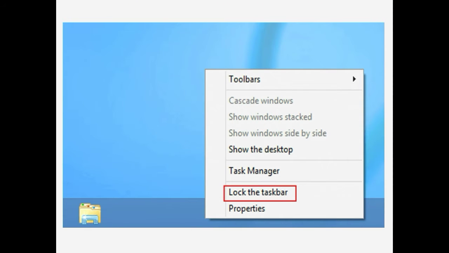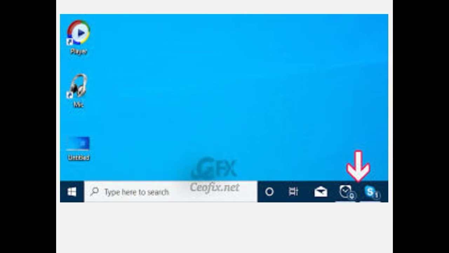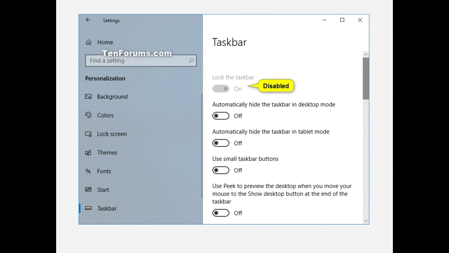Click on taskbar in the left column of your personalization settings. When the lock taskbar button is on, you will be able to view your taskbar even while working on other apps or browsers. The badges highlight any activity or update in your apps. For example, if an alarm is active, a badge will appear on your taskbar. The default taskbar position is at the bottom of your screen and it can be moved to any edge of your screen.